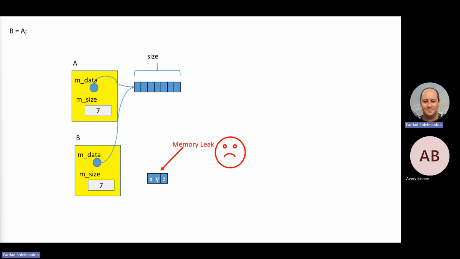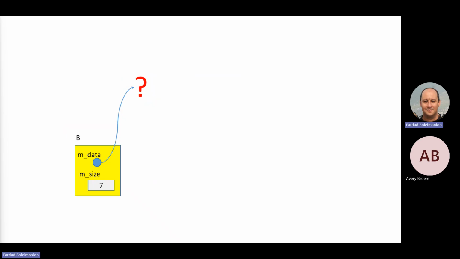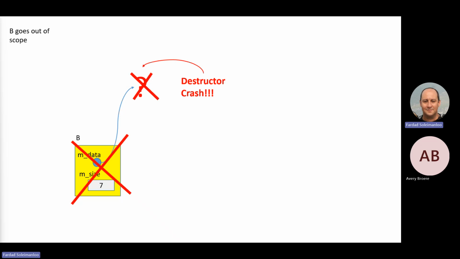This memory is lost. And when the destructor takes effect, the first destructor comes through and destroys the first one. We have the memory leak, that's set aside. The first destructor deletes that one, the program is ending. Now the second destructor wants to delete this one. What happens? Crash. Because it's trying to delete something that is not there. That's assignment.